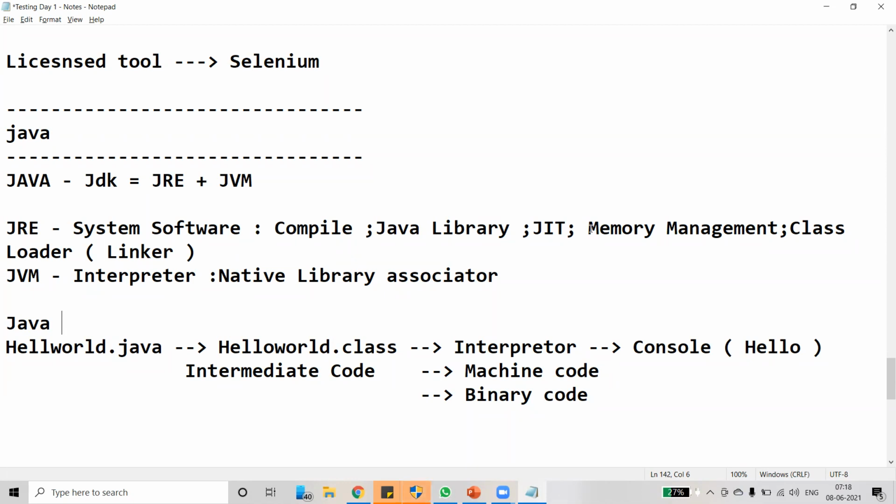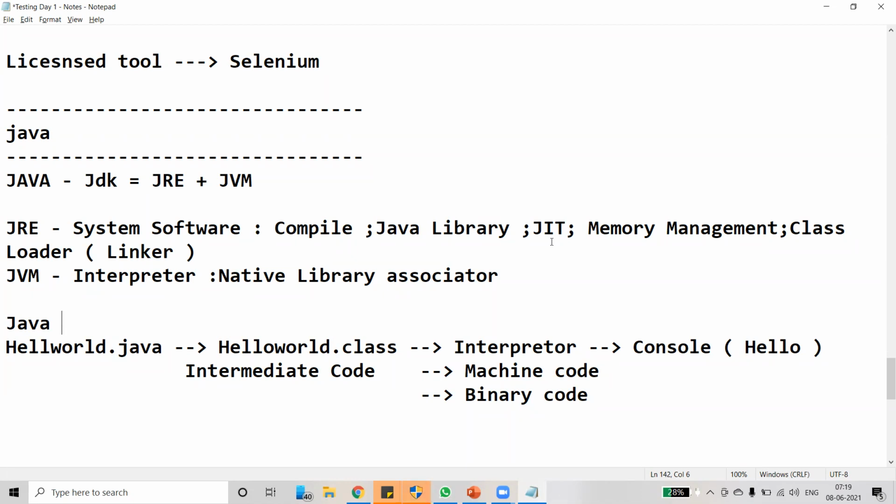Heap memory contains the objects which we have created in a program. The stack contains the variables and the program which we have created. Whenever you create an object, the memory gets allocated in the heap memory. Whenever you complete your test execution, these objects automatically get deleted and the memory allocated to the variables and objects gets removed. Who does this actually? It is automatically done by JRE.